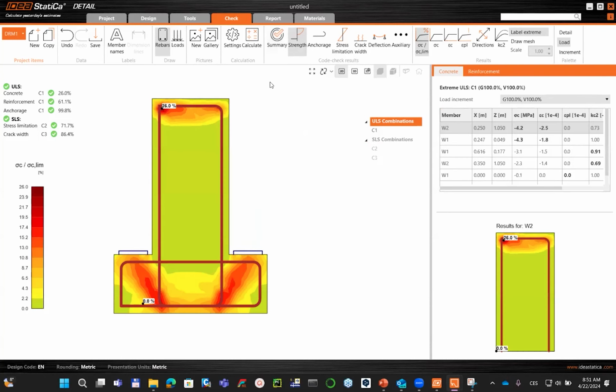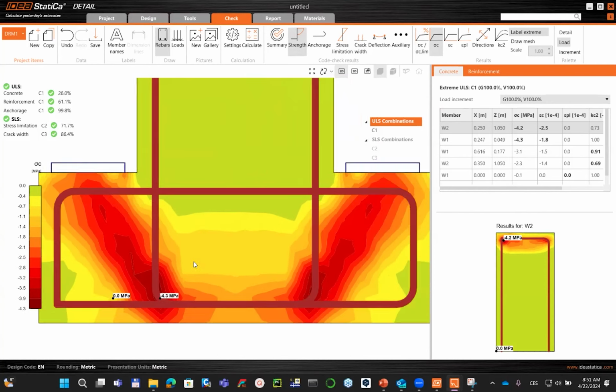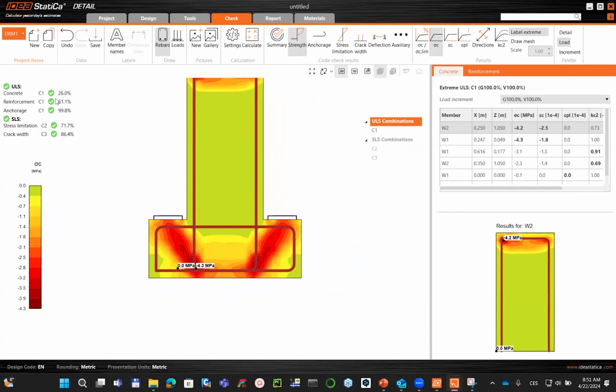Right now I'm in the part of the ultimate limit state, and this is my area of interest. I would like to check the concrete strength. The critical place is here. It's minus 4.3 megapascal, so you can see the utilization of the concrete is very low. It's only